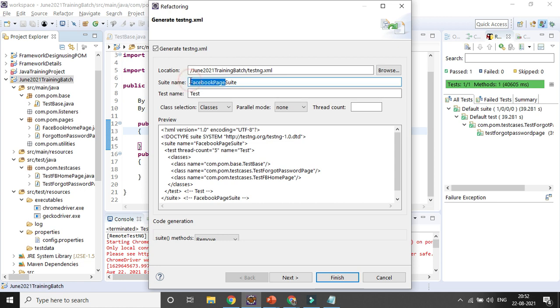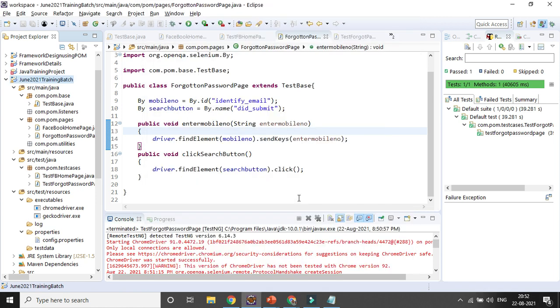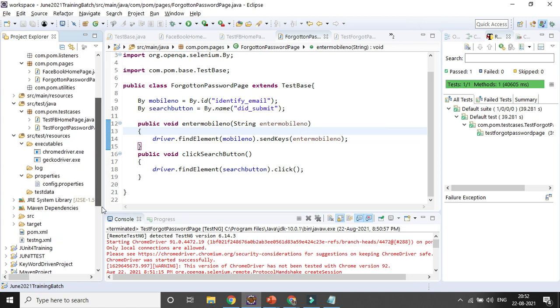So whatever page you want to add, you will be adding as part of your com.pages, and test cases you can add in a similar way, right. I have given an example of 2, you can add 10 to 100. I'm clicking on the finish, so it is converting to the TestNG project, and immediately you can see that testng.xml file will be generated, right.